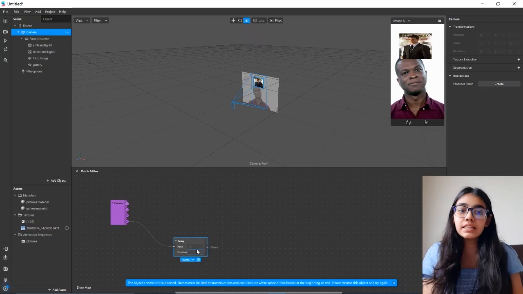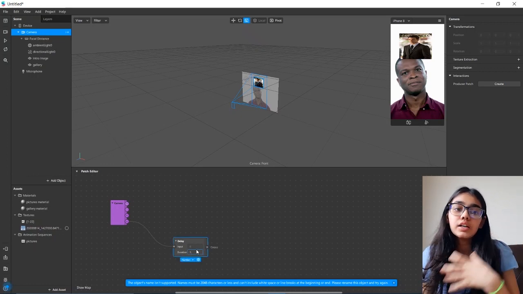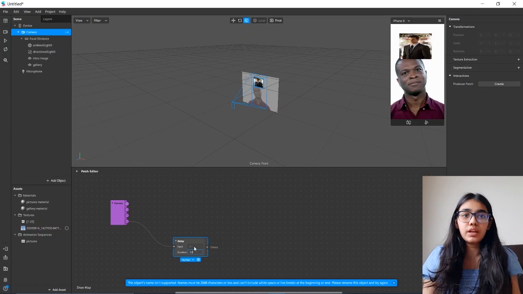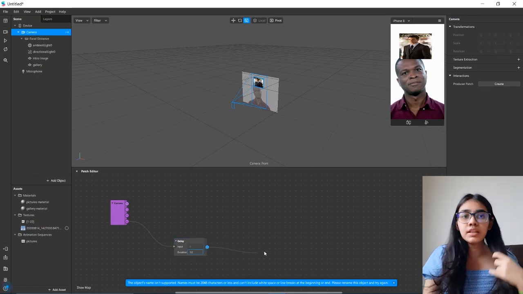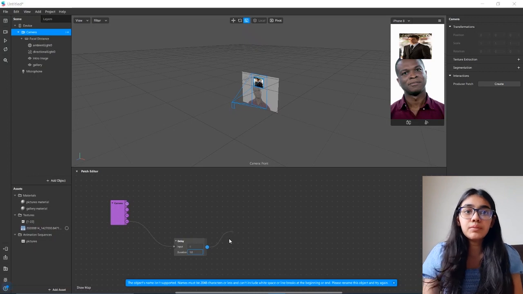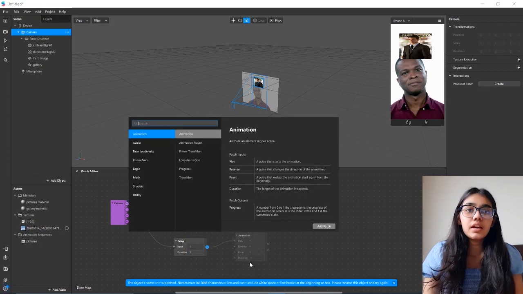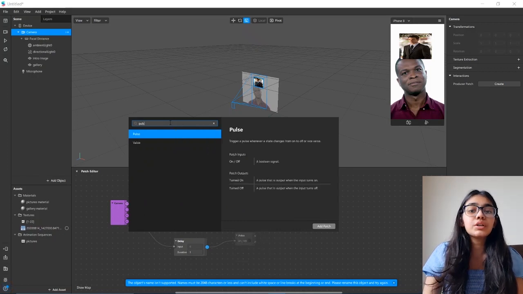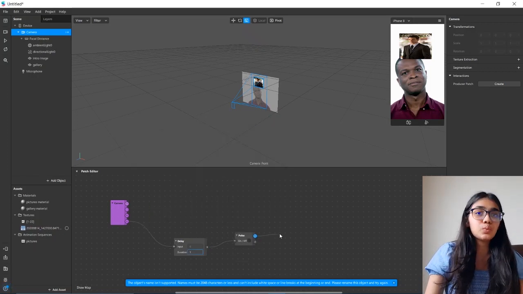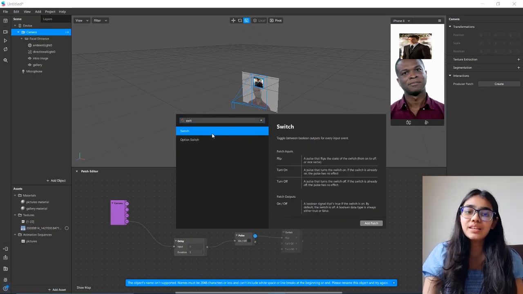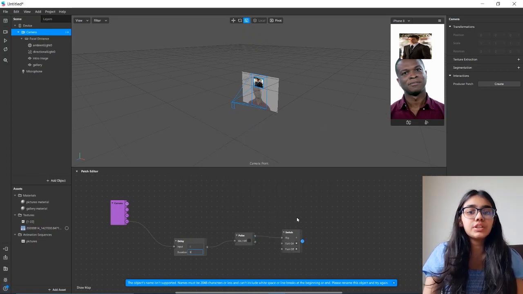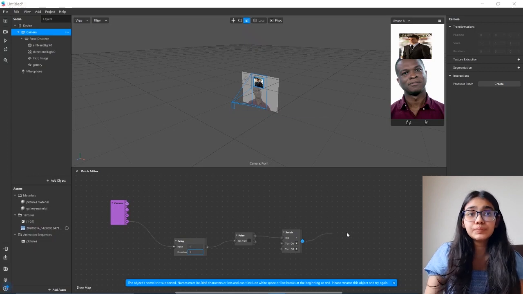This is basically how long the cover image should show. So type in the number you want, then drag the node and type in pulse. Then drag the node and type in switch. Then take the output port and type in not.